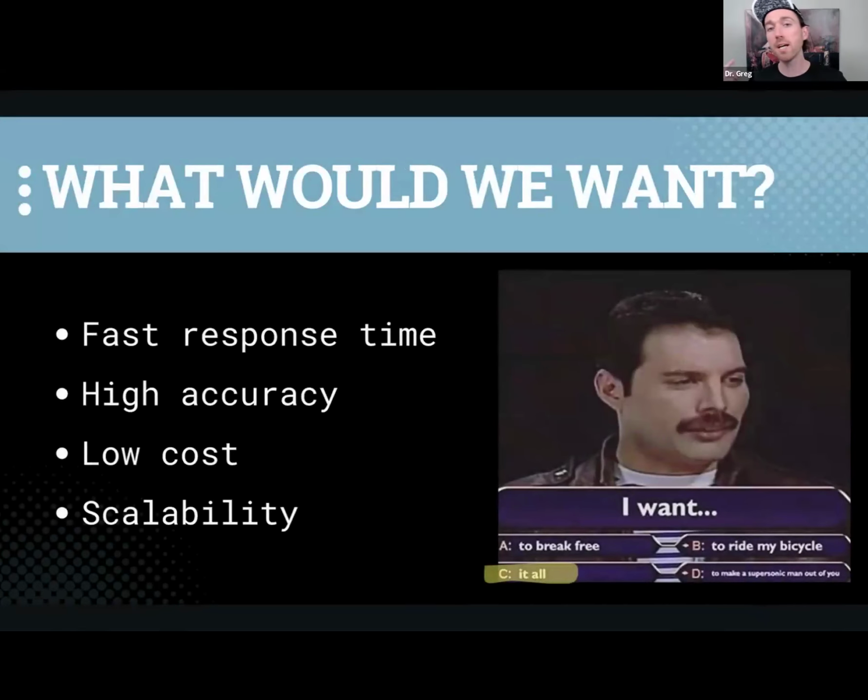You want them to have fast response times. You want it to be accurate. You want it to be low cost. You want it to be scalable. There's some things that are baked into Chainlit that maybe you didn't look too closely at during the challenge that we encourage you guys to look at today. So it's async out of the box. And importantly, this just means that we are leveraging this idea that we're not getting stopped up because of this sequential operation thing that happens in synchronous environments.